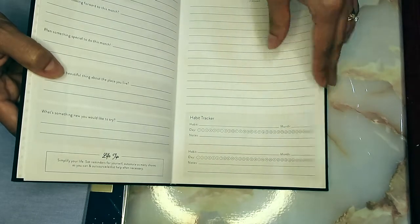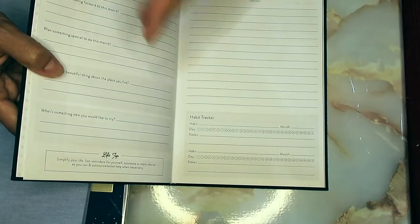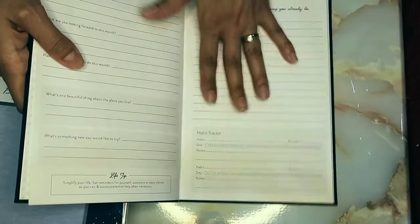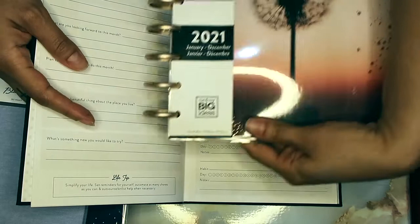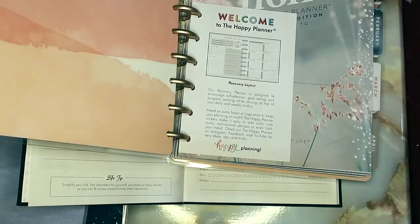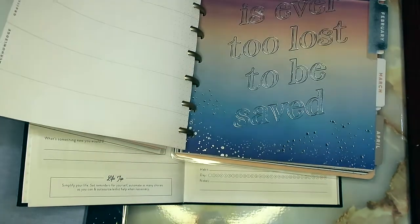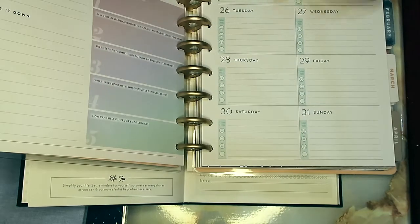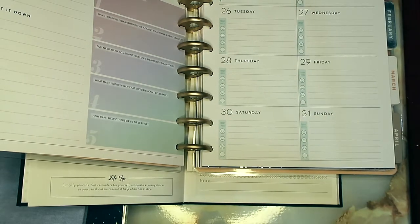track how many times you feel sad, which is one of the things that I want to keep track of. So maybe that's what I'll use this one for, because in my main planner, which is the recovery planner that I showed you guys in my Michael's haul, which is this one, on the weekly, let me show you guys. I'm going to go back. On the weekly setup, you have these little smiley faces so that you can keep track of what you feel